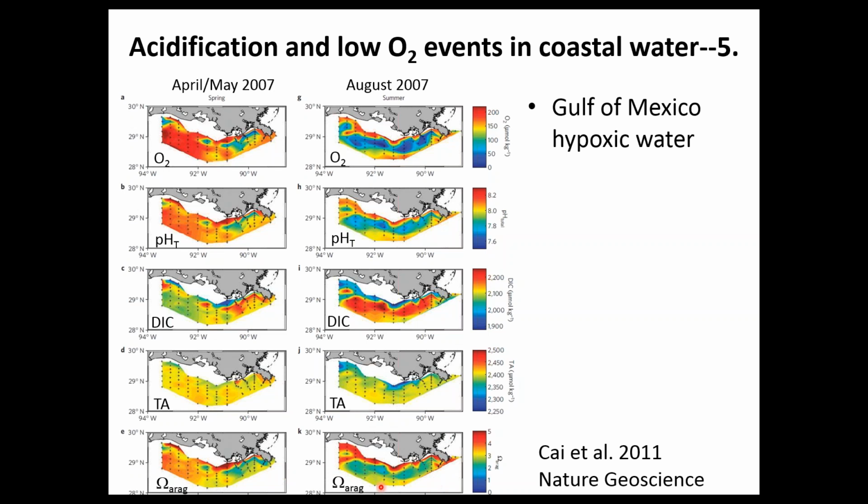But we will see later when you superimpose this with continuous atmospheric CO2 increase by the end of the 21st century, if we still have the same eutrophication and hypoxia, this entire area will be undersaturated to aragonite. So that will have very serious